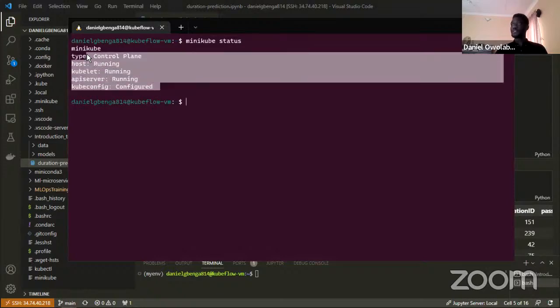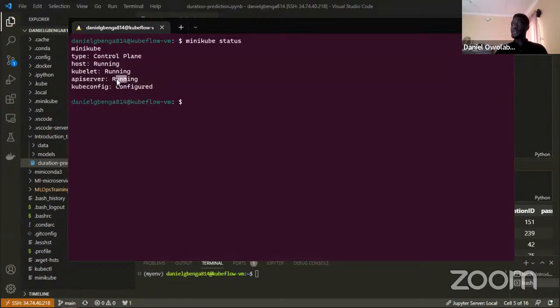So everything is running. My kube config is running. My API server is running. Kubelet host, the type is a control plane. So what's Minikube? Minikube is a